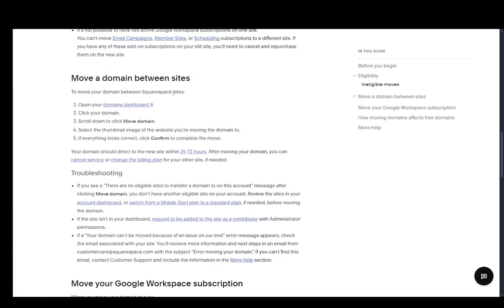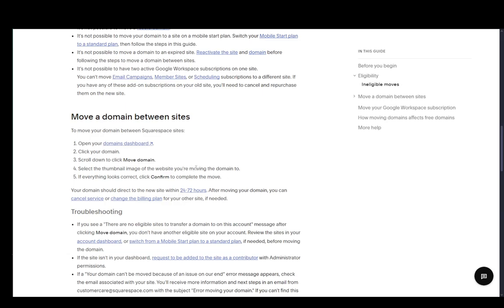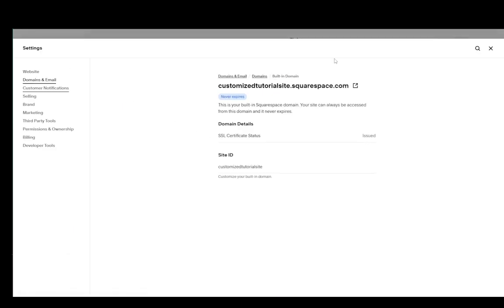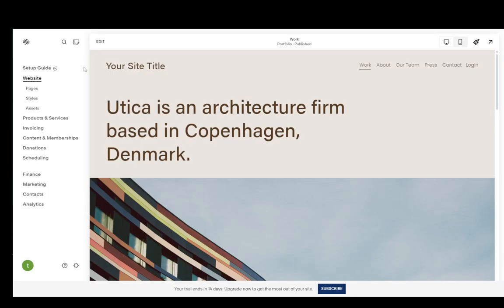Now, once you actually meet all the requirements, what you need to do is open up the dashboard, which I've mentioned, click on the domain, which I've mentioned, then scroll down and click Move Domain, select the thumbnail of the page or website that you want to move it to, and then if everything looks correct, just click Confirm, and within a day or 2 or 3, your domain will be moved to that other site, and that is basically